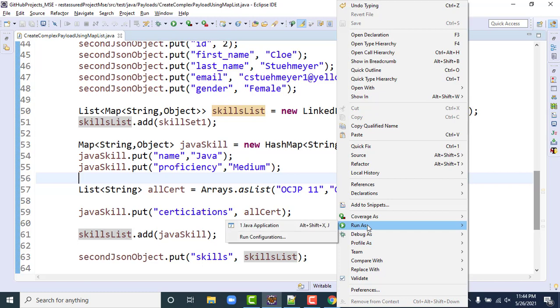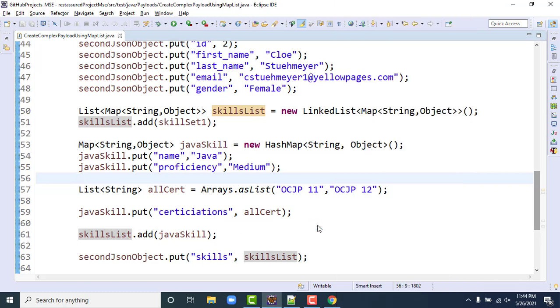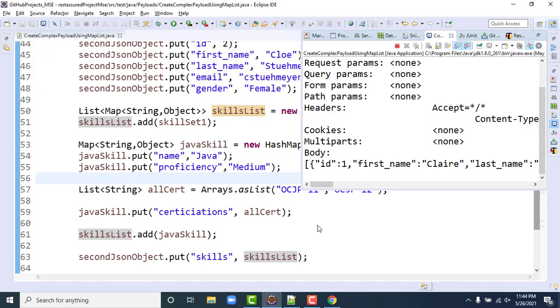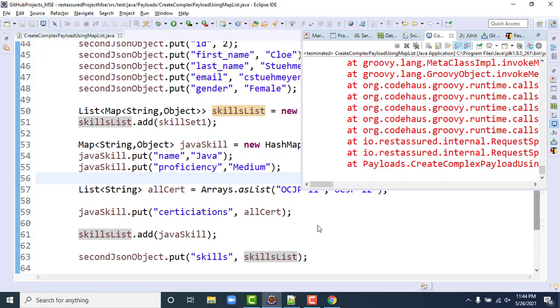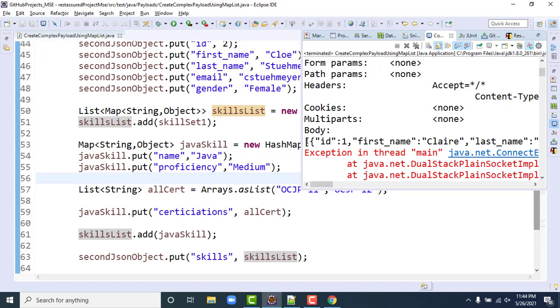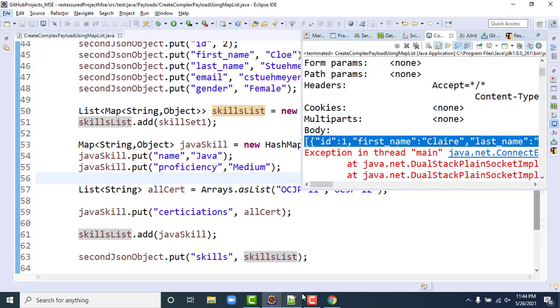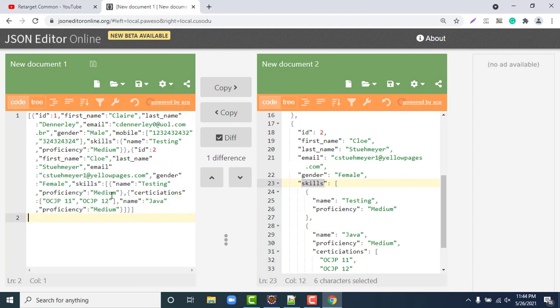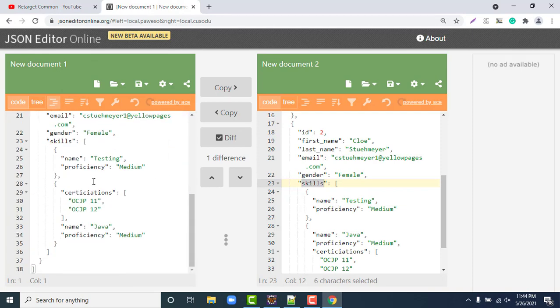So make the mistake, then only you will learn. And when you make any mistake, because I know how to create it well, right? I practice, but still sometimes we make mistakes. So by looking at the errors, you need to guess where you made the mistake. So let me copy, paste it and format it. So we have successfully created this part. This is proper JSON. So this is the way you can create any kind of nested Java JSON document.